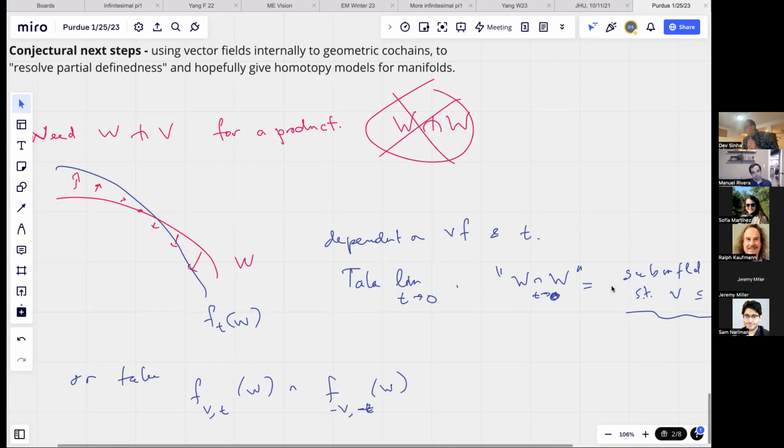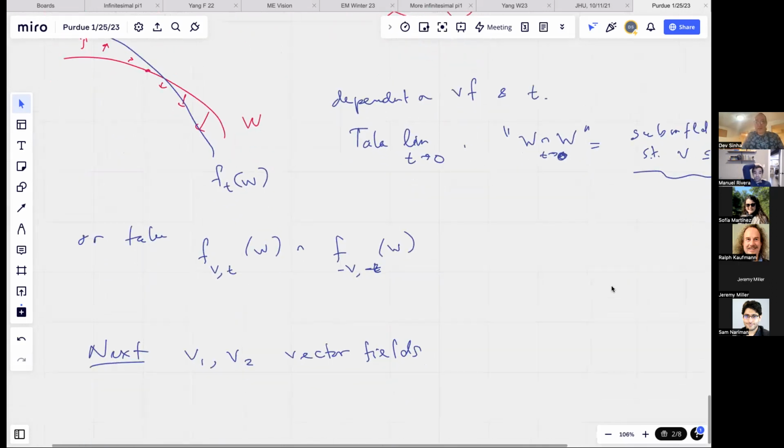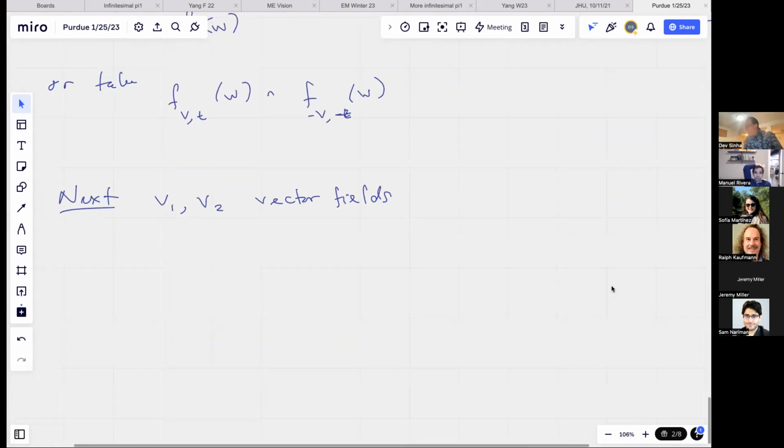So, well, this was one choice given a vector field. Once we make one choice, now let's take the idea that you can have all these ways to move things off themselves, right? So let me do the next example. If I have two vector fields, and of course, I want the first vector field to be non-zero, right? I want these to be almost everywhere independent or something like that.